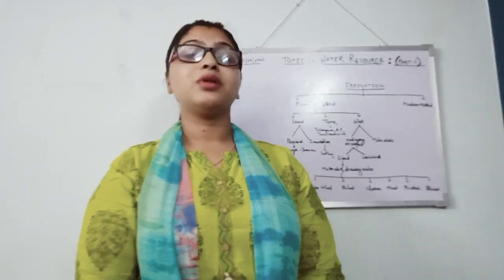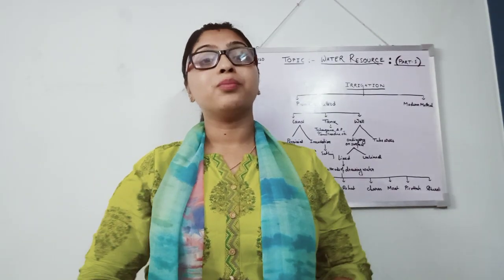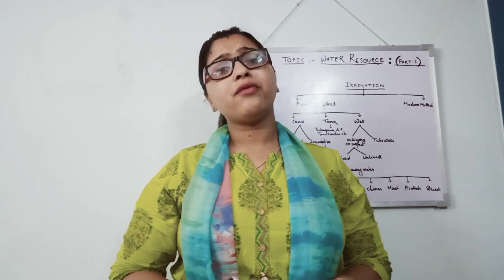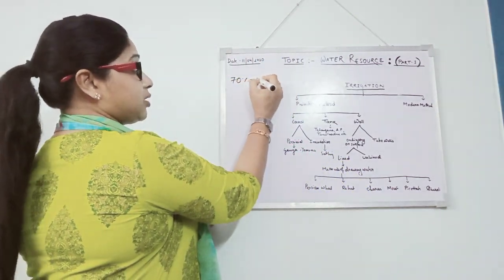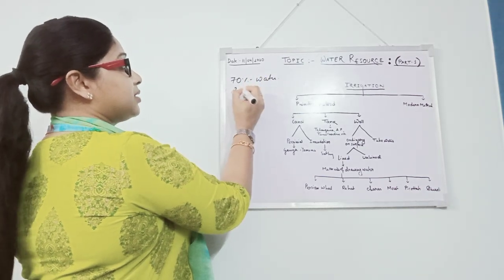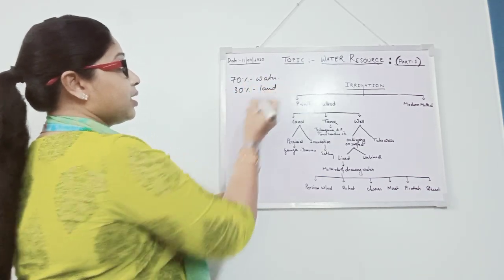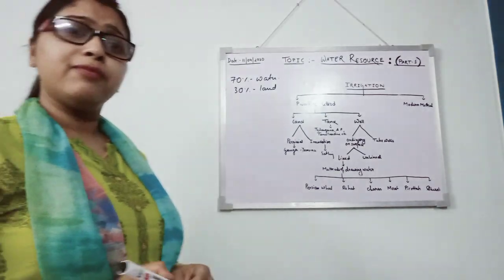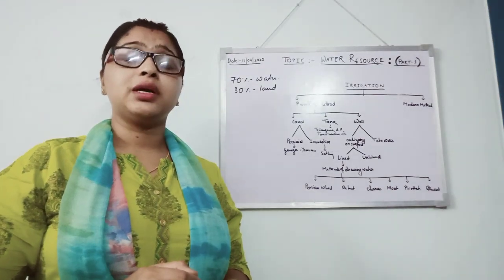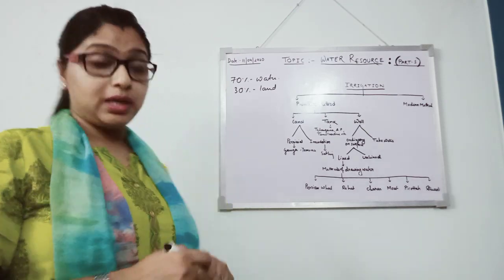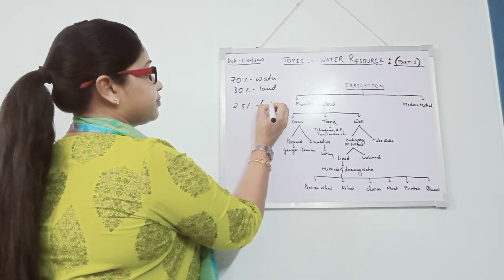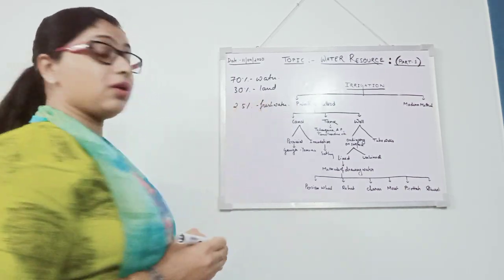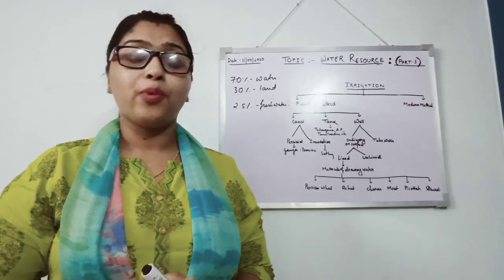So here, before going to the point, I just want to share some basic information. As you have read in your previous classes, our world is 70% water-covered and 30% land-covered. Out of this 70%, a very small percentage of water is used as fresh water. It means only 2.5% is fresh water. This fresh water also we can't access wholly. Why? Because